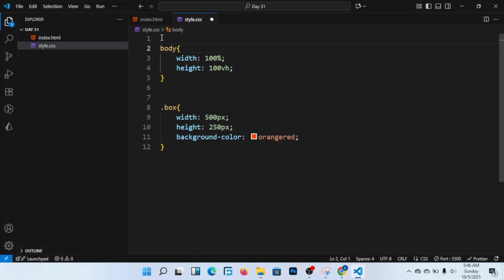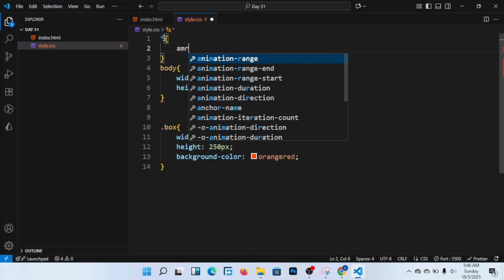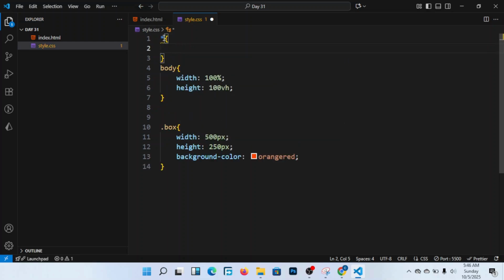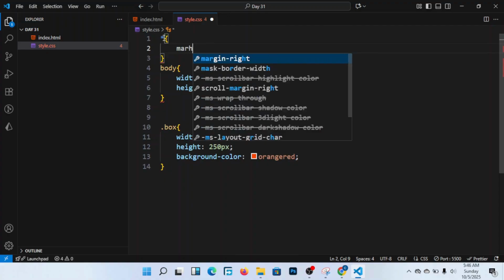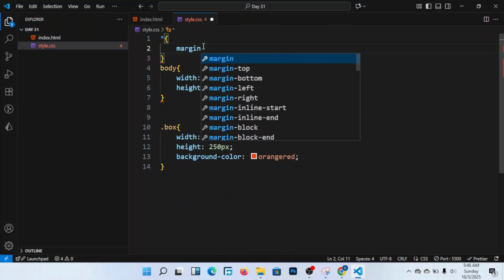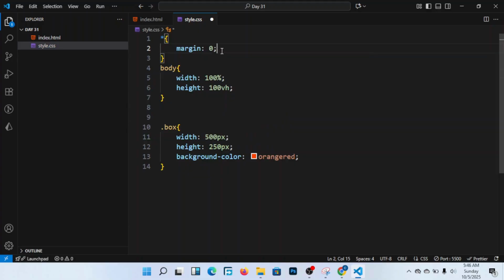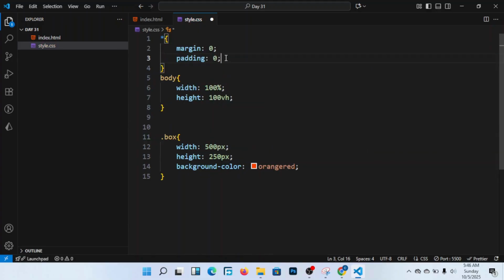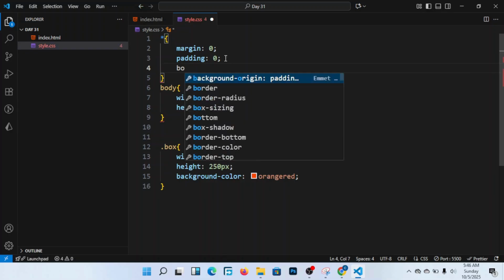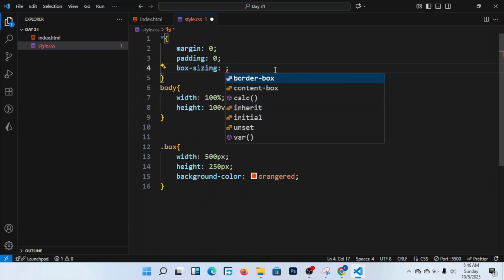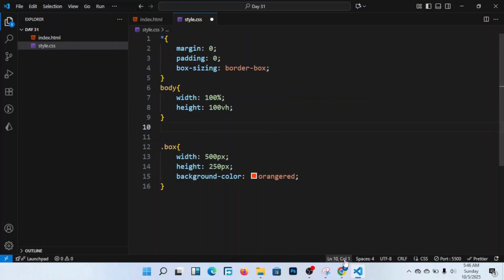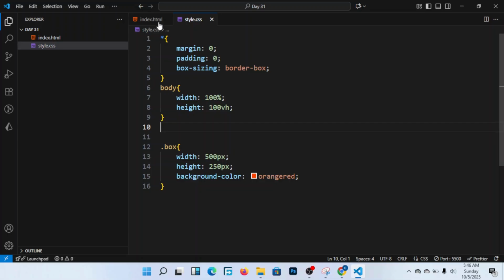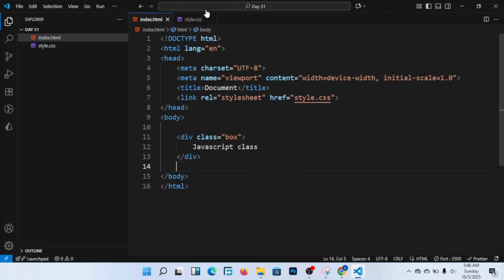I was even wondering how I was starting with even the body up here. Remember, I do what we call border reset. Margin 0, padding 0, box sizing border box. Okay, so as you can see, it looks like that, a JavaScript class, and I can even increase the font